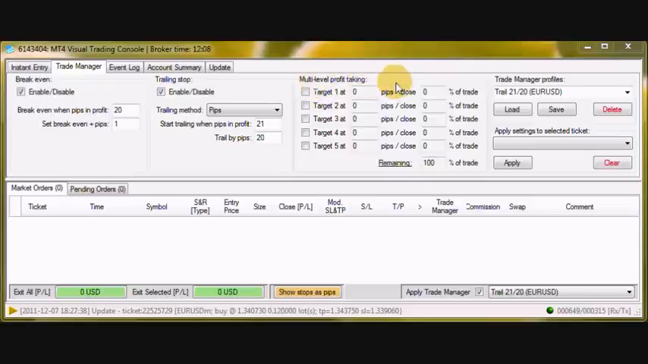The next tab is the multi-level profit taking tab, which is simply used to scale out your trades as they progress. You can set 5 different targets, and you can select the number of pips at which take profit should take place, plus the percentage of the trade that should be closed out. Now if we want to take our profit at 2 different levels, say the first one being 30 pips with 50% of the trade closed, and the second one being 50 pips with an additional 25% closed, that will leave a remaining 25%